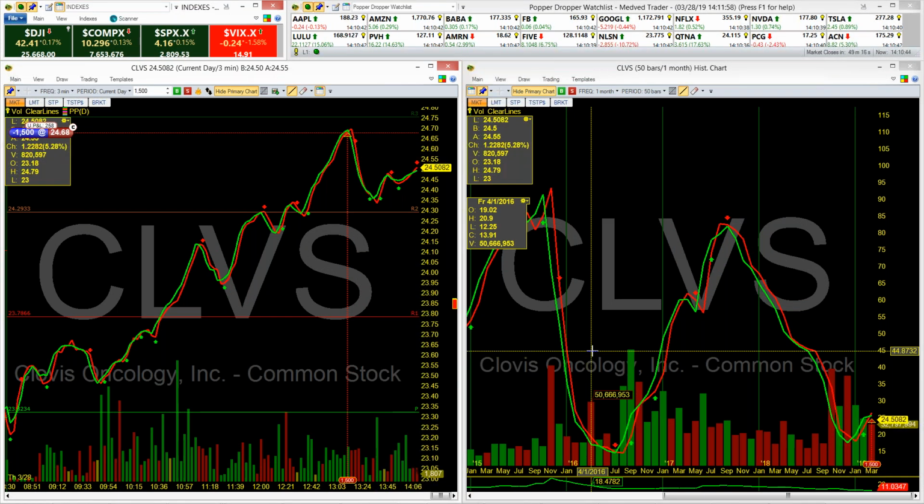And then you don't have to, but you have the ability to also trade directly through the platform with one of the integrated brokers. Now, if you have an account with Fidelity or Charles Schwab, they aren't integrated with Medved, so you would still make your trades through Schwab or directly through Fidelity,